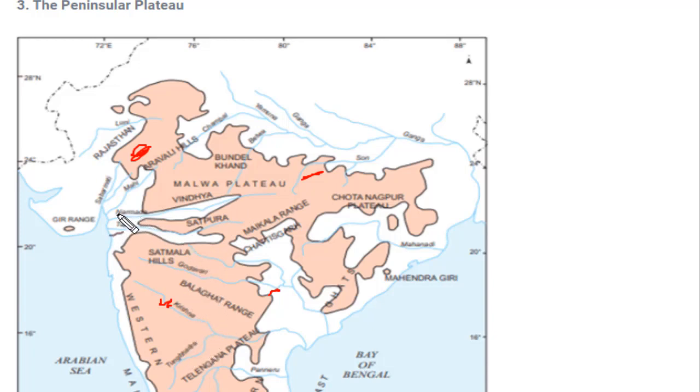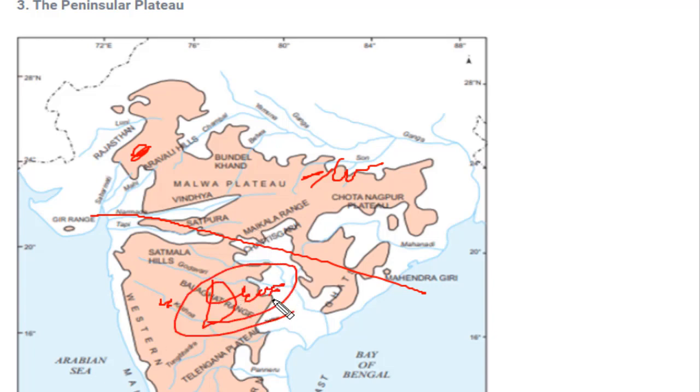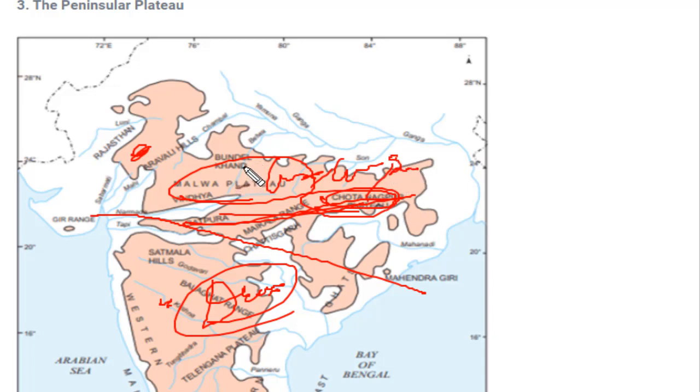And there is the river Narmada. River Narmada divides this plateau into two parts. One is the central highland, and the other part which is divided by this Narmada would be called the Deccan Plateau. So these both have their own significance. Very important plateaus present in the central highland are the Malwa Plateau and the Chota Nagpur Plateau, which is very significant. This Narmada river goes like this. So Chota Nagpur is a very significant plateau in the central highland.